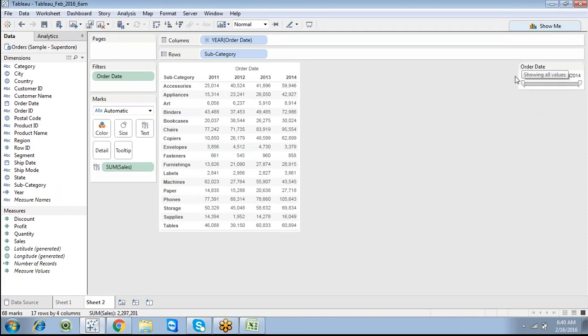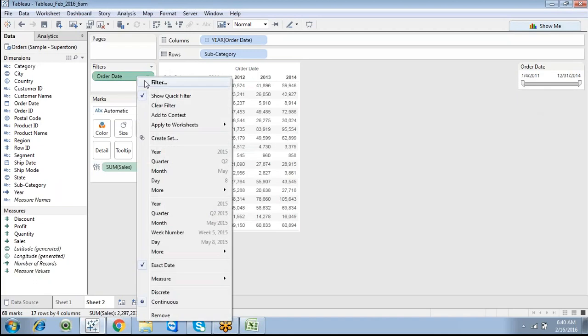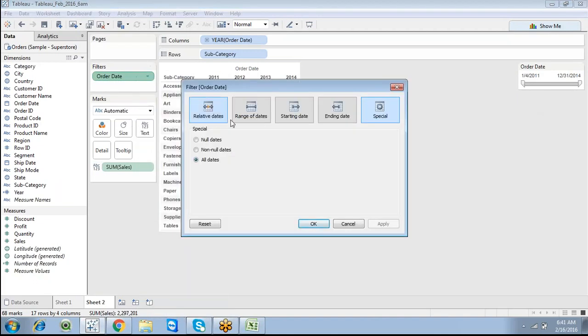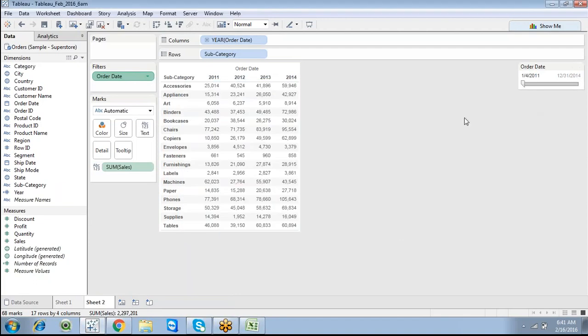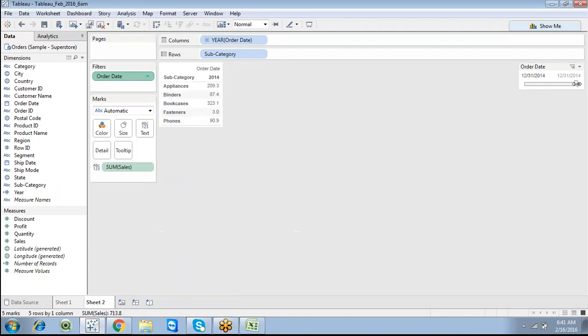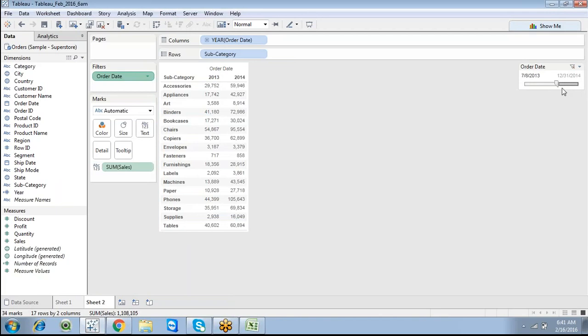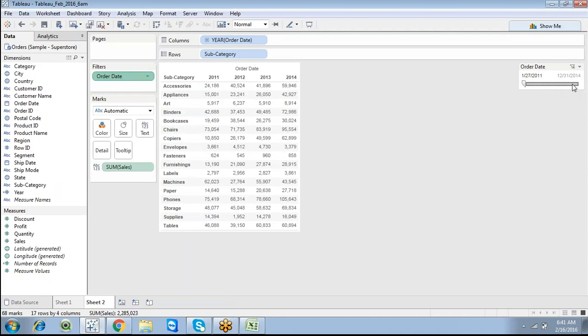Now we have another option: right click, like the same filter range of dates, but we have an option called start date. You can set only a start date. We cannot set a max date, because sometimes if you are working with real-time data, we cannot go for a real max of date.